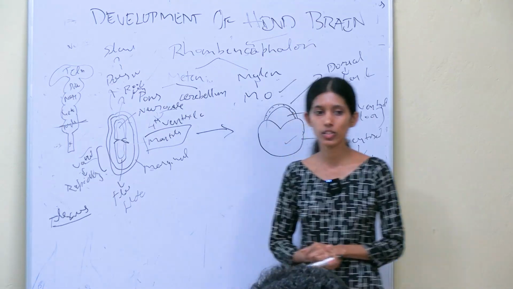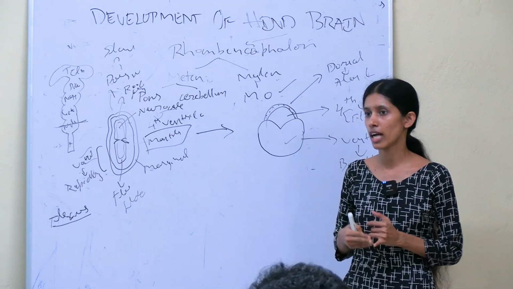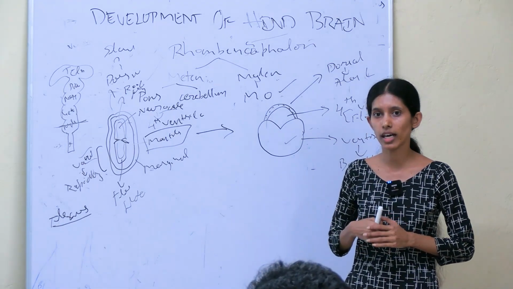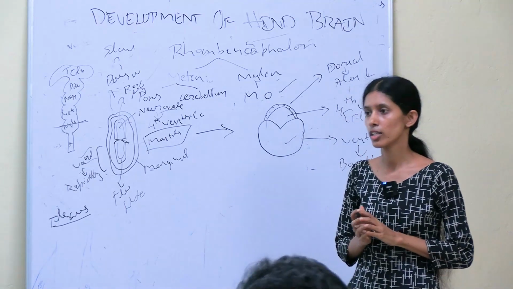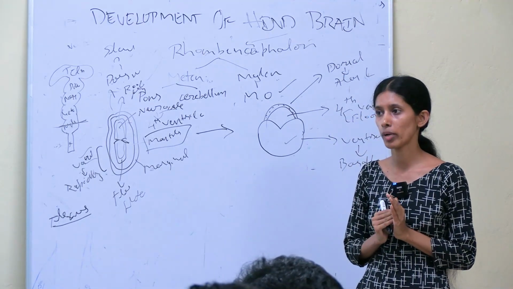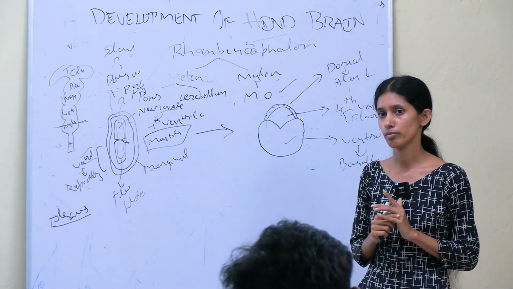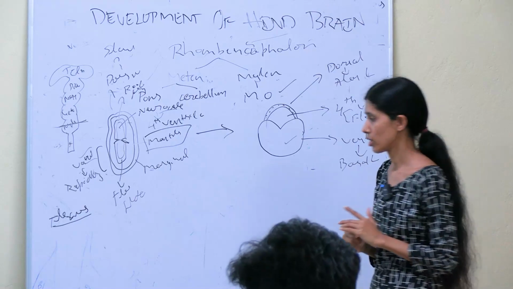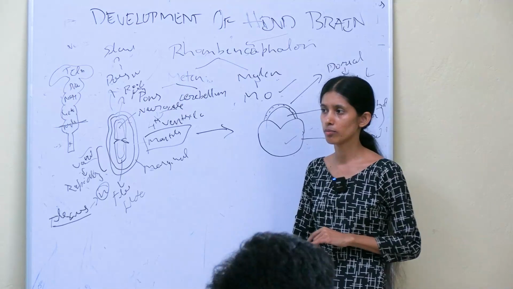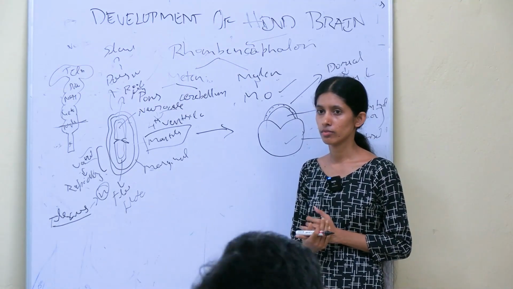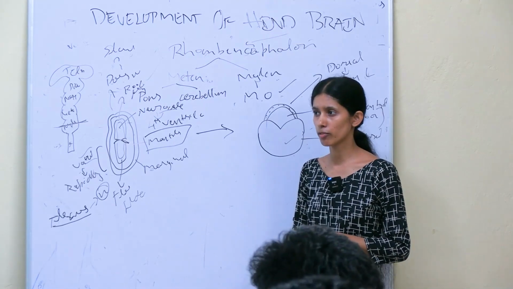Okay, so in the initial stage we can see the development of brain during the 3rd week. During that stage your cranial area is not spacious enough to occupy the developing brain part, so it will undergo the bending. Okay, so how many types of flexures we have studied? 4 types. What are those? Cervical flexure, mesencephalic flexure, pontine flexure and